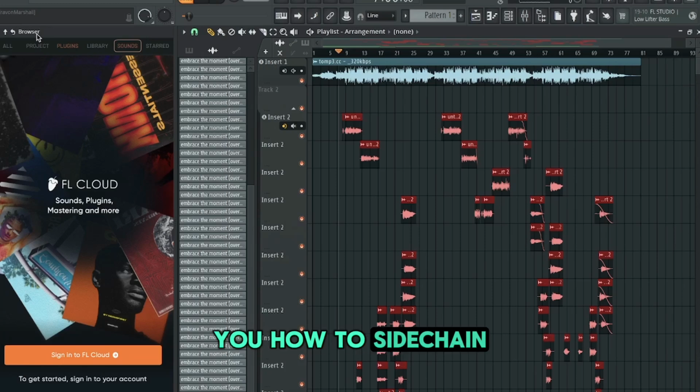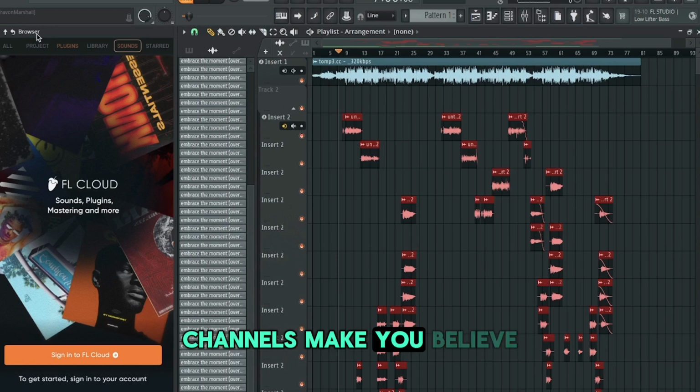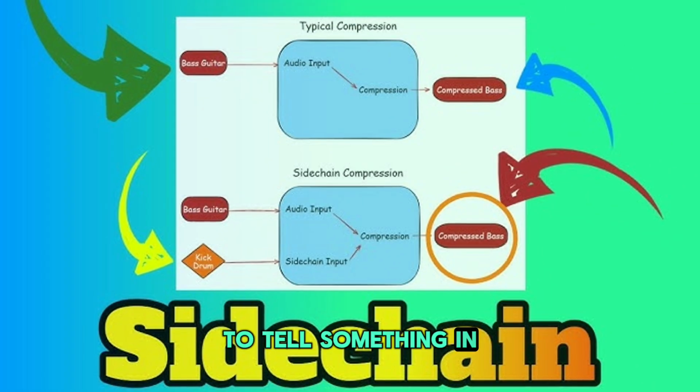So let me teach you how to sidechain in FL Studio, everyone. It's actually insanely simple, despite what watching other audio engineers' channels makes you believe. To help you understand what we're actually doing, sidechain involves using a signal to tell something in our mix what